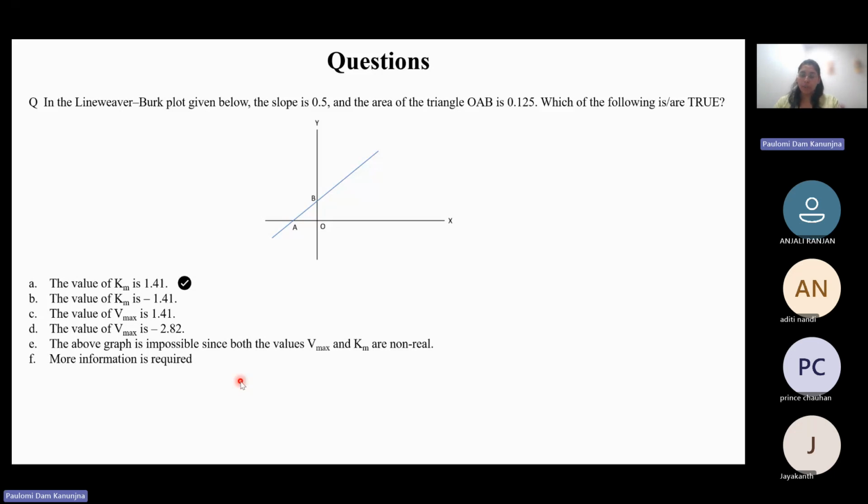Okay, while Anjali is typing her response, a few people have reached the correct place. So 1.41. And if your Km is 1.41 and Vmax is 2.82, so this option D automatically goes, or C probably goes wrong. D says minus 2.82, which is also not correct. E, because you are able to work with the values, so it's not non-real. Now the question is whether Km is 1.41 or Km is minus. As per the graph, Km is on the negative side. That's why I put the